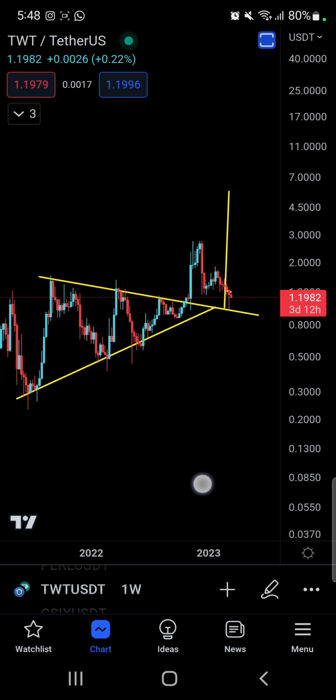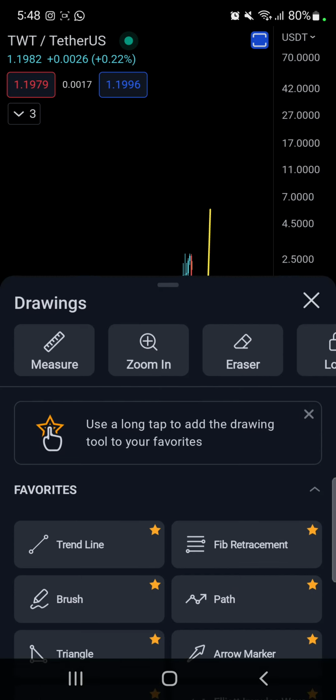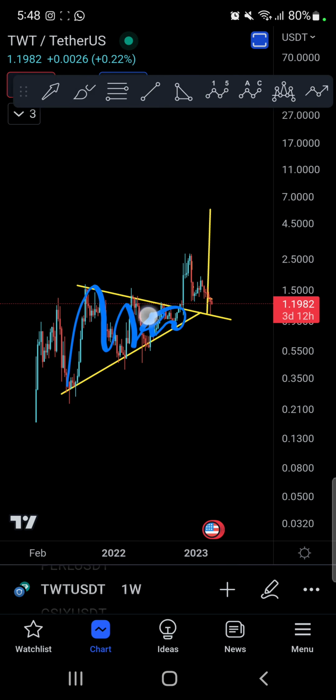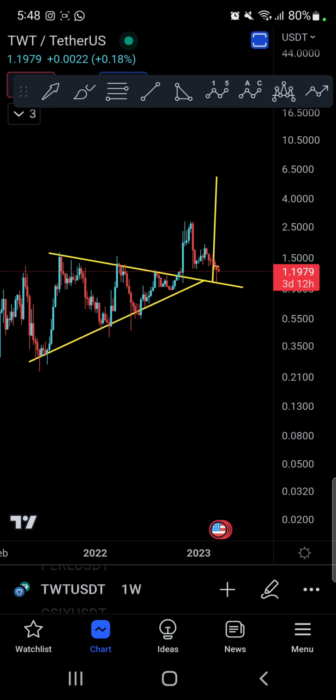All right, so number one, I'm going to go into the basic root of TWT, and this is what I saw previously when I talked about the TWT. For me personally, I see that you made this not an ascending triangle, but more like a symmetrical triangle, and there was a little bit of this technical target that you didn't actually meet. Now I do remember back in the days I used to make TWT updates, and I talked about how TWT is not